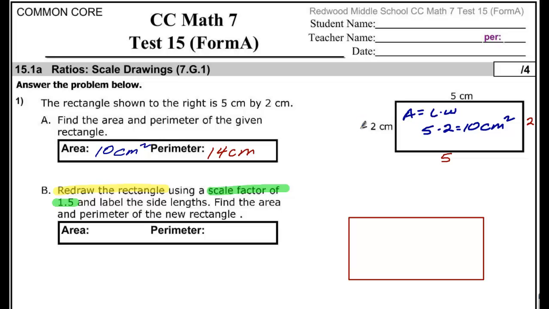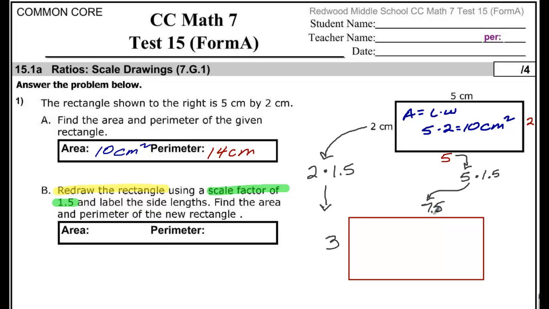And we need to find the new area and perimeter. To do that, first we need to find the lengths of the sides. So the scale factor is 1.5, which means we're going to have 2 times 1.5. And that will give us our new width of 3. We're also going to have 5 times 1.5, and that will give us our new length of